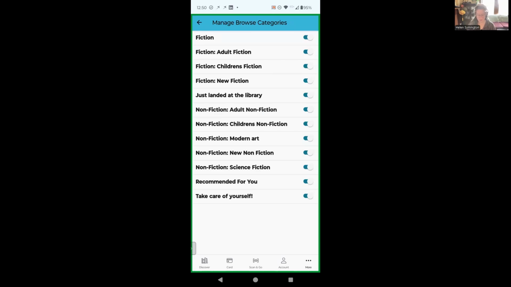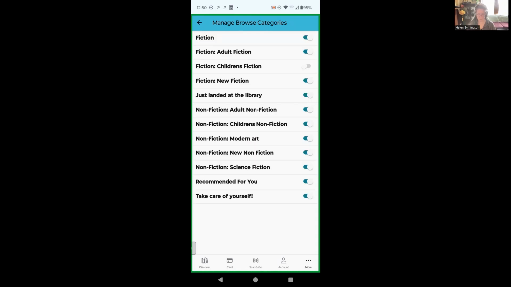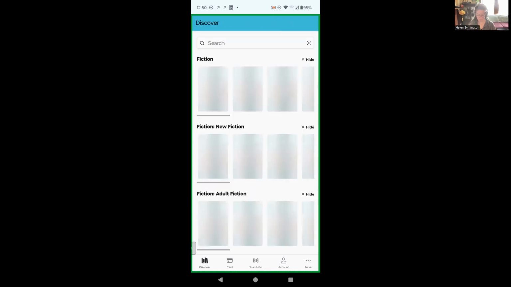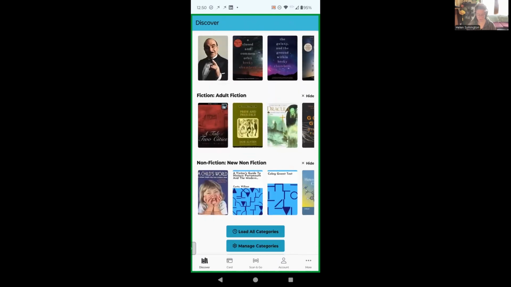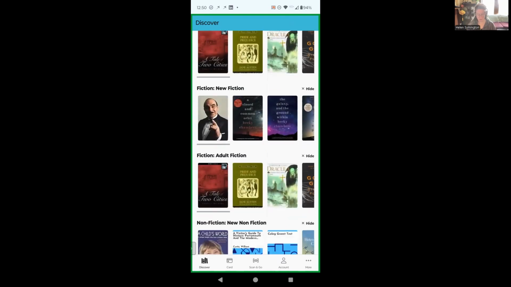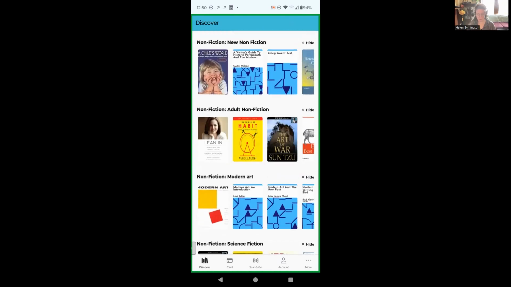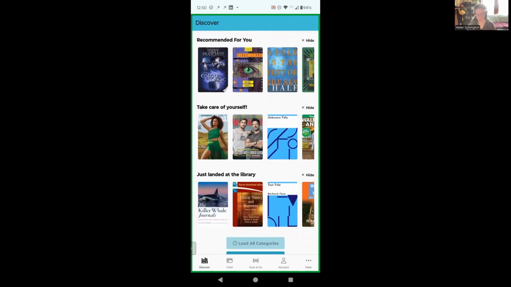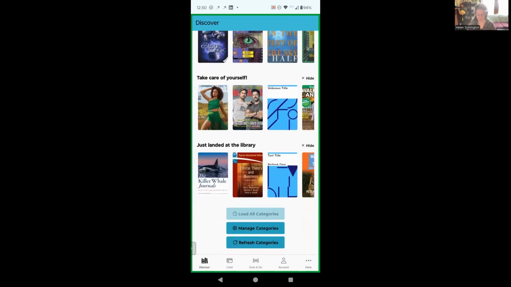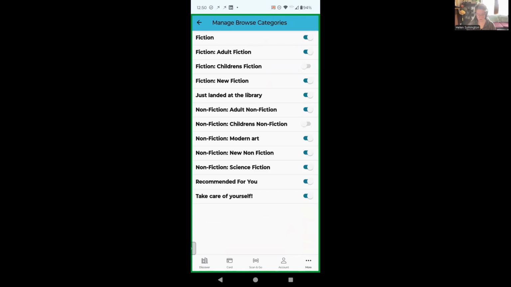And there's probably quite a few things that I wouldn't be particularly interested in. So for example, children's fiction. I'm not particularly interested in children's fiction, so I'm just going to toggle that off. And I'm also going to toggle off children's nonfiction. And if I go to the home page again and scroll down, load all categories, you can see that children's fiction and children's nonfiction aren't in the list anymore. If I go to more again and back